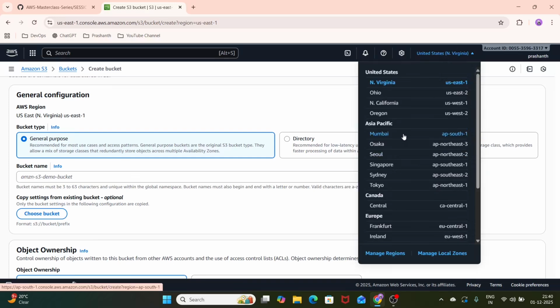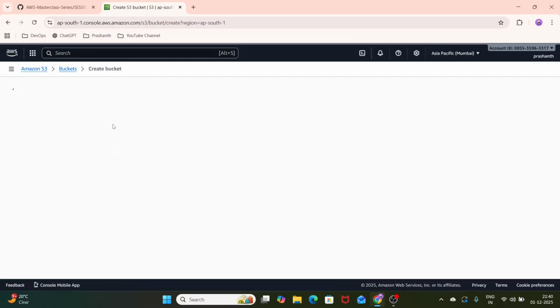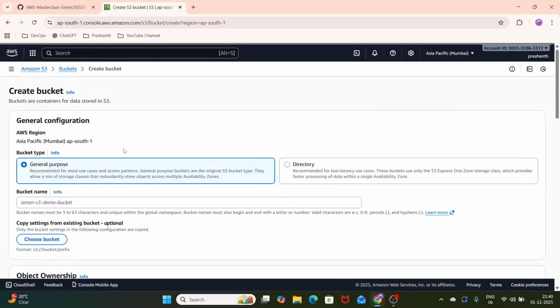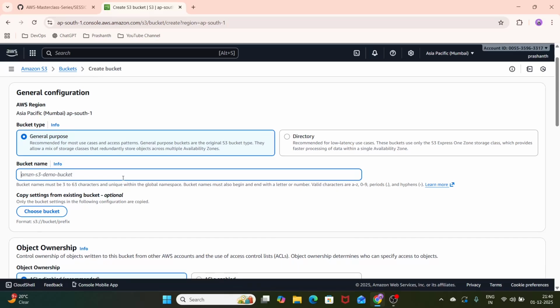Let me go to Mumbai. Now I'm in Mumbai. Okay, my bucket name. What I mentioned, bucket name should be unique. So I'll select AWS-Prashant, and today's date, 01/12